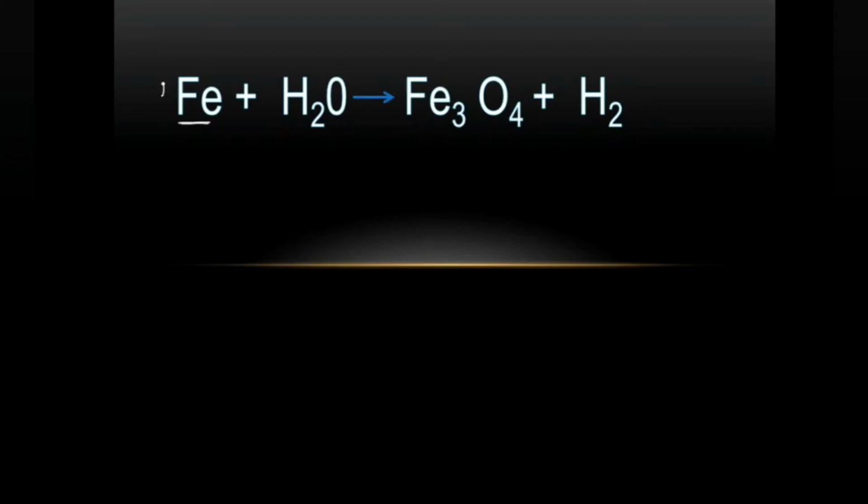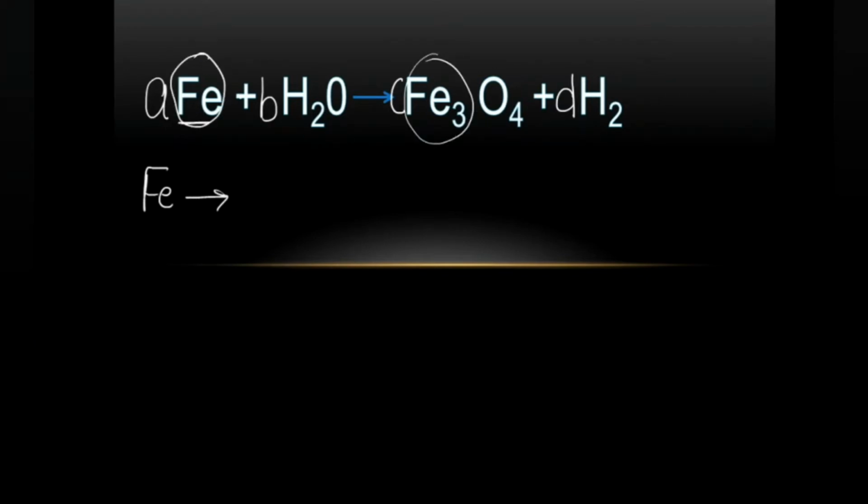So here what is this A? A I will put here, and B, C and D over here. These are the numbers of moles, B, C, D are the numbers of moles whose values we will find. So here iron, look in reactant and in product side. Reactant one time, product one time. Iron here nothing is there means 1. So 1 into A equal to, iron has 3 here, 3 into C. So 3C. Okay. Done.